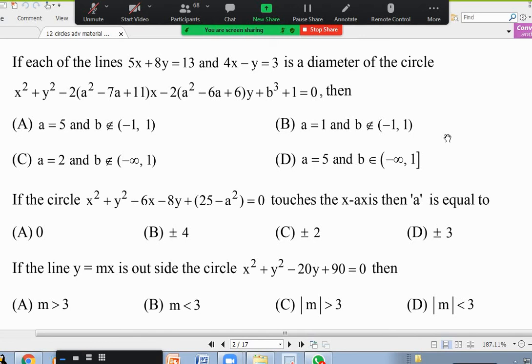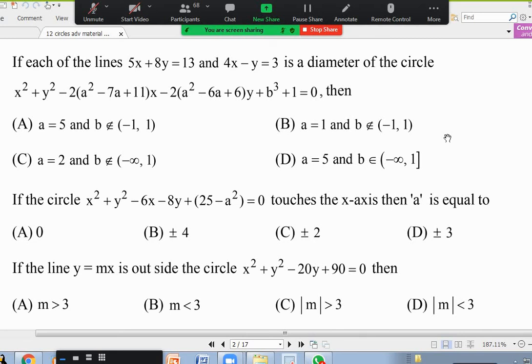Okay, 9th one, they gave 2 lines which are diameters. That means they are giving the center. From that, I think we'll get the a value. And then we'll get the b value because for it to represent a circle, g square plus f square minus c should be greater than or equal to 0. First of all,